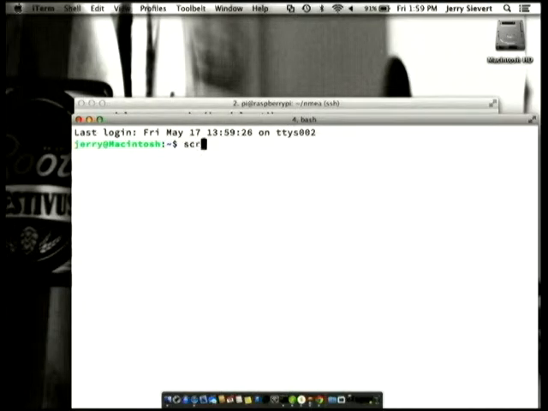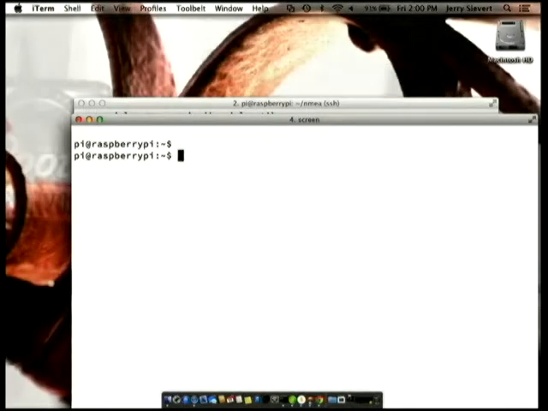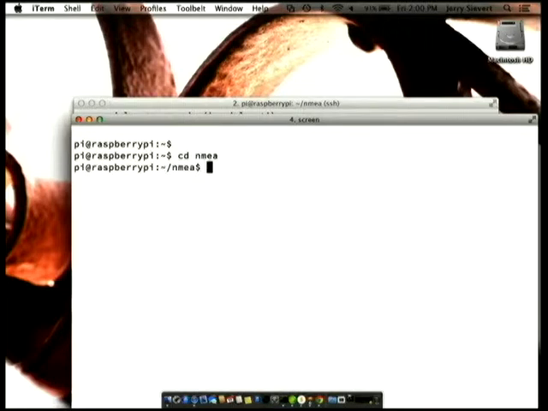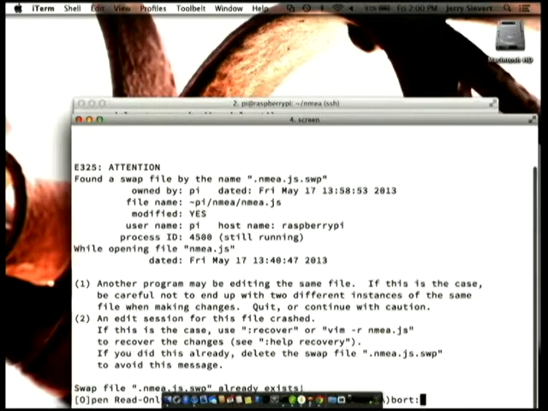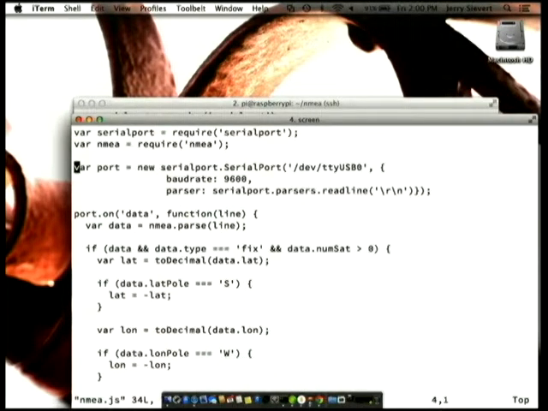How many people have used Screen to connect to a TTY? All right. We're going to do that right now. Where we are logged in. We're going to edit anyways because we're already blocked.